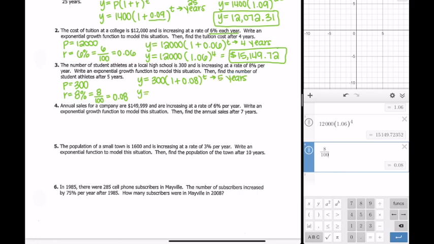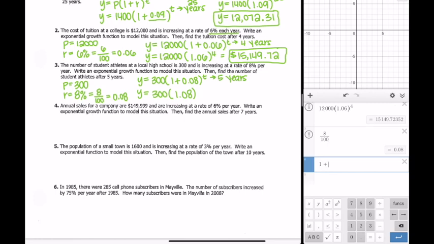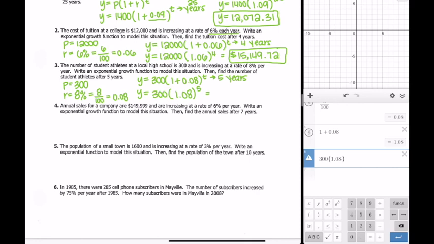Just to simplify this a little bit, we have 300 times 1.08, and we got that by adding 1 plus 0.08. And we're going to plug in 5 for t. And now we're going to evaluate this. So 300 times 1.08 raised to the power 5. That gives us